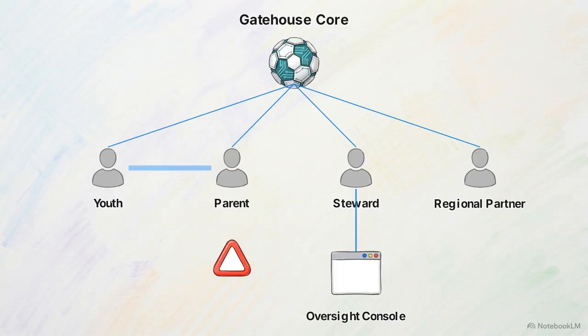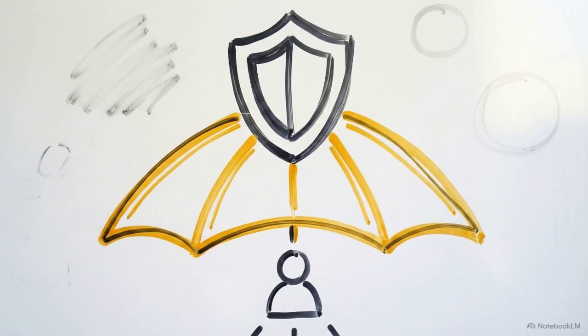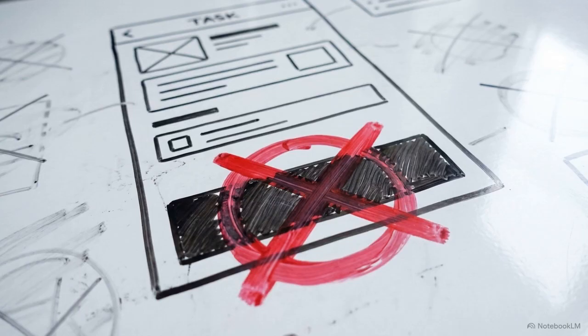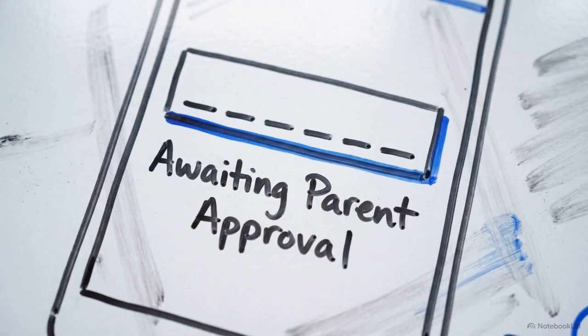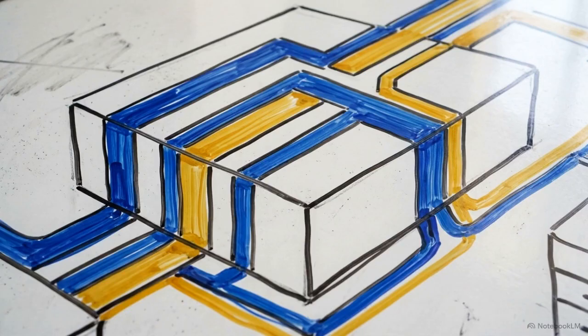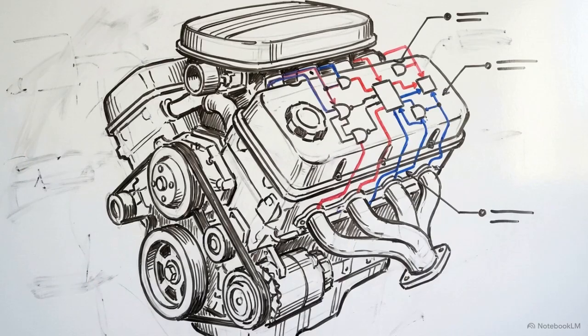To ensure minor safety, we define a household link, which acts as a mandatory relationship between the parent and youth nodes. This link creates a strict permission hierarchy. A youth account cannot trigger a database write, such as marking a task as finished, without a verification code from the linked parent account. By hard-coding identity and automated routing as the foundation, we secure every subsequent data operation in the ecosystem.